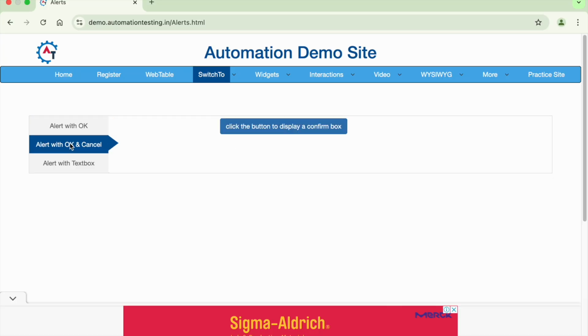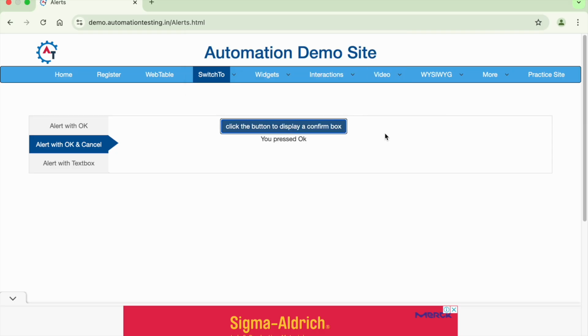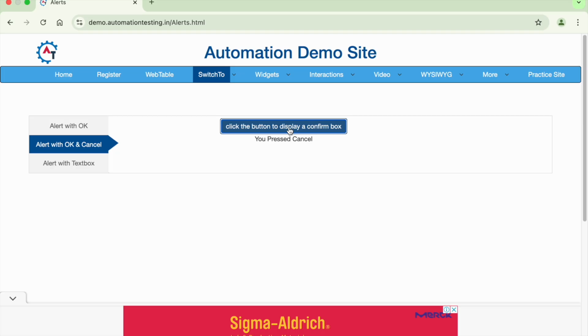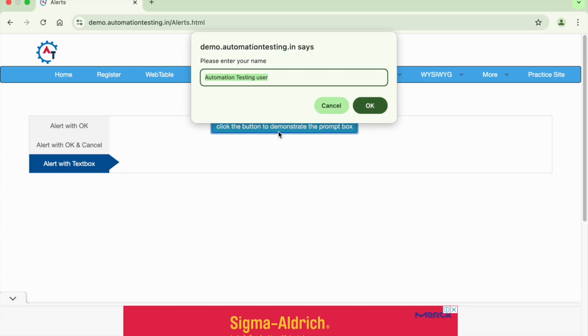If I come here, you can see there is one cancel and OK button. If I press the OK button, it means I have accepted this alert box. If I press the cancel button, then it means I have dismissed the alert box. This is another flow, and another one is that in the alert box, a user is provided with a way to give some input. So here you can see, if I say